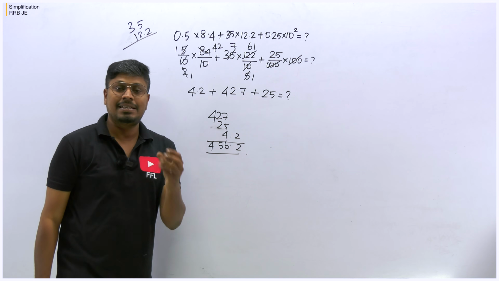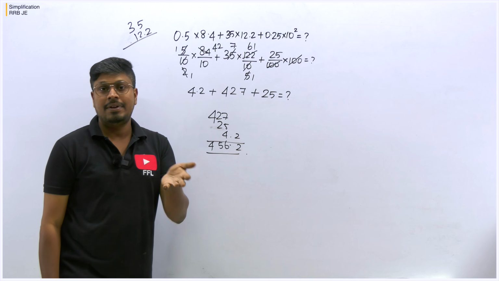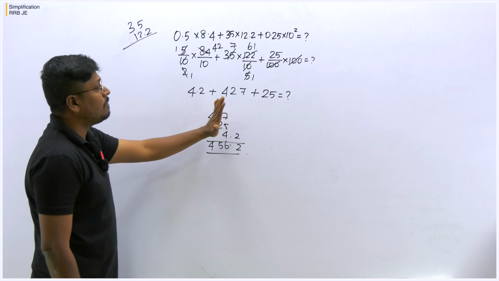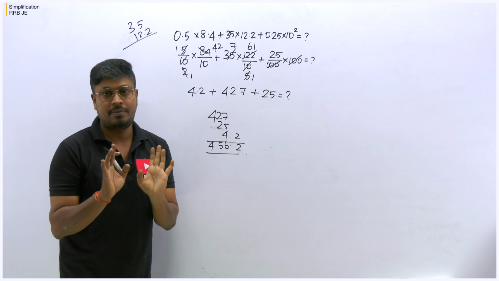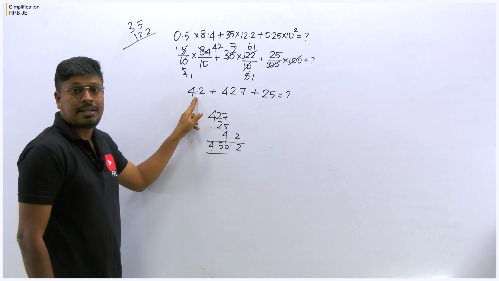But if you are a little bit weak in mathematics, or you might make mistakes here and there while adding, then kindly remove all the decimal points initially and then solve the question. It will be easy for you to solve. At last you can add it. See, at last we got 42 by 10, so I've written it as 4.2, right?